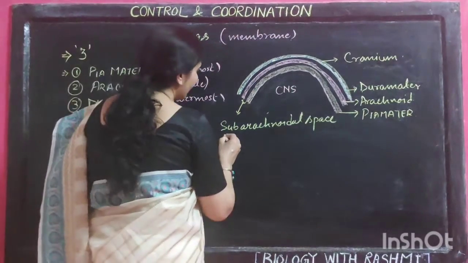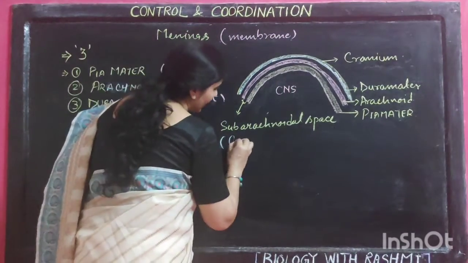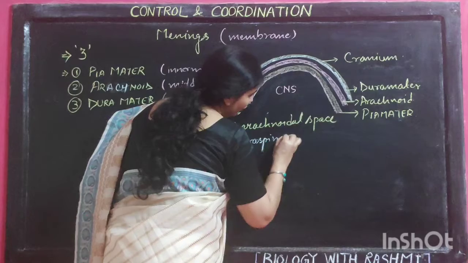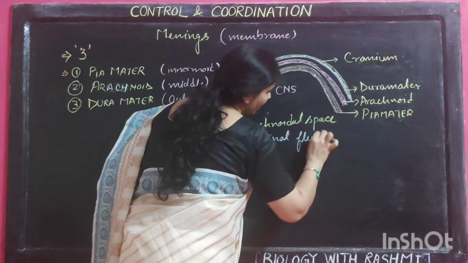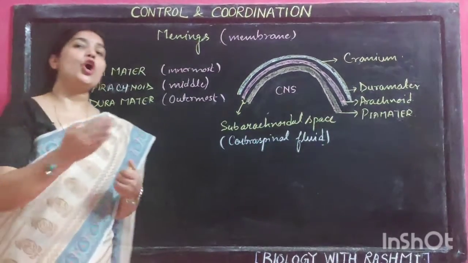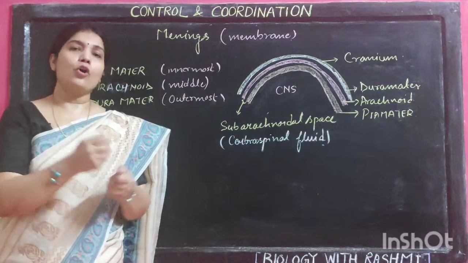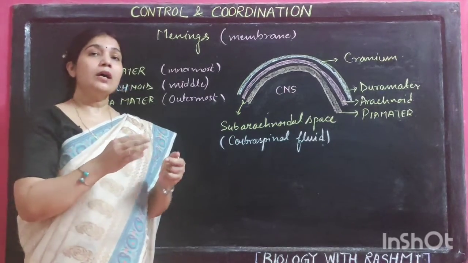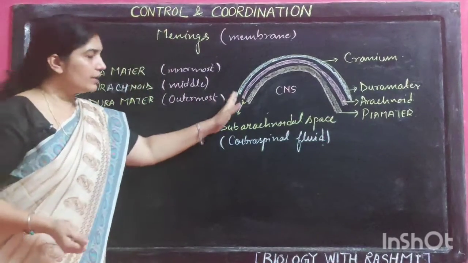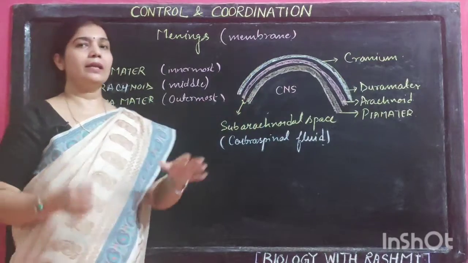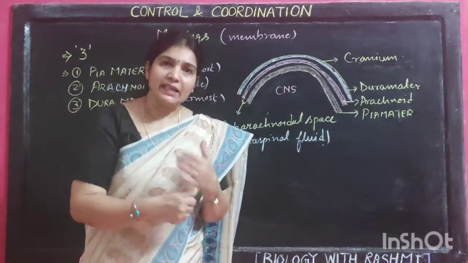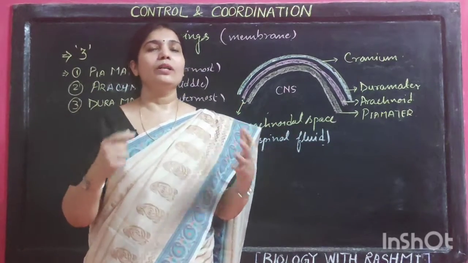In this space, a liquid is filled that is known as cerebrospinal fluid. You know the function of cerebrospinal fluid. It absorbs the jerks or any kind of injury before it reaches the central nervous system. So these layers and the fluid present between these layers are shock absorbers, protective in nature. So their major role is to protect